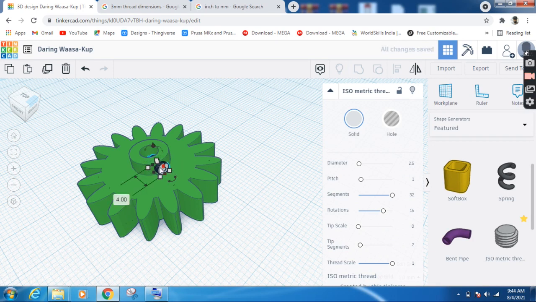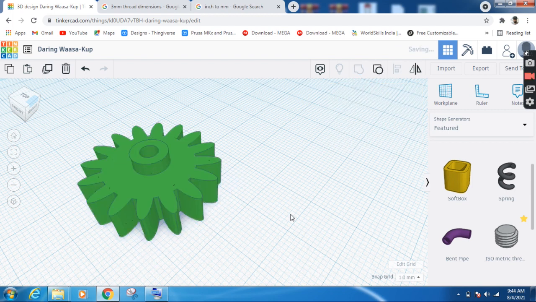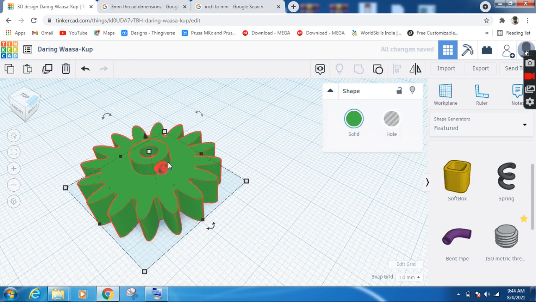I will click on the thread and convert it into a hole. Now I will select the hole object and click the group option. When I click group, you can see a nice threaded hole will be there.